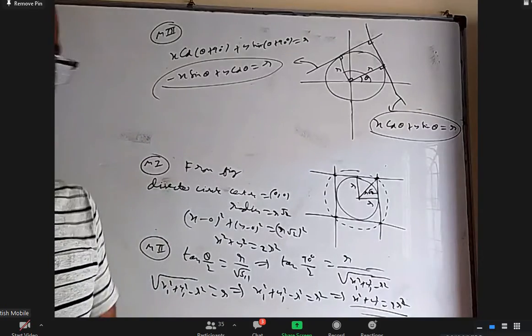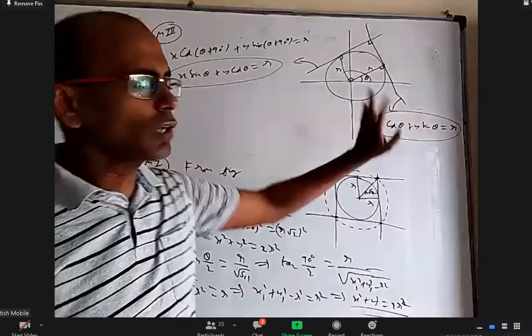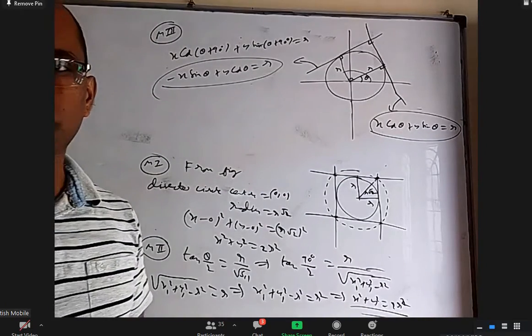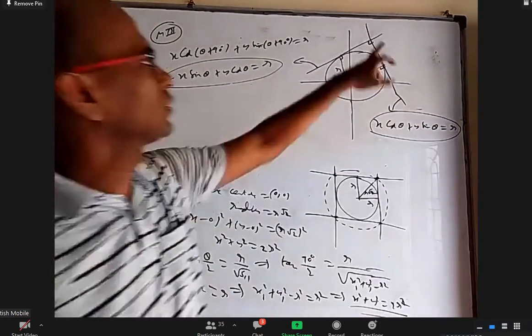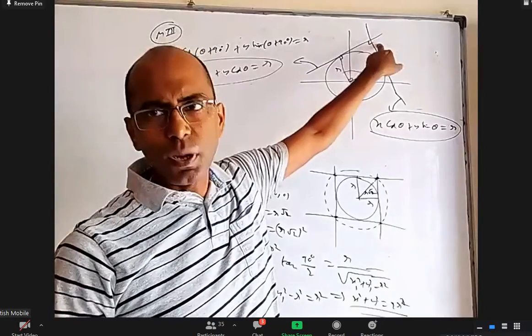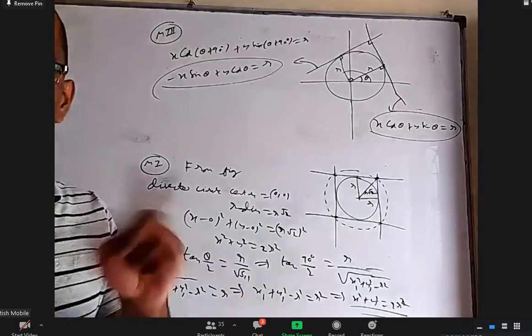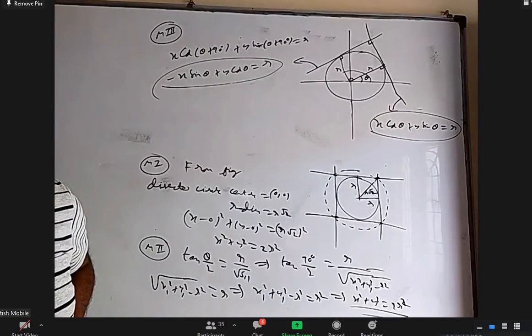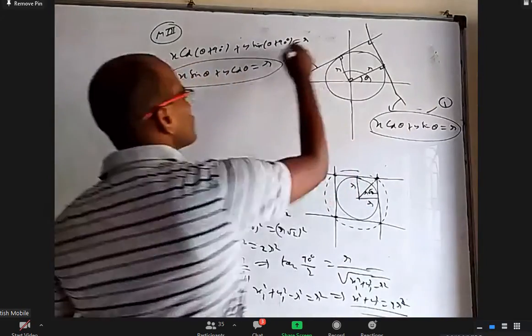Whatever theta you take, this is tangent to the circle, this is also tangent to the circle, and these two are perpendicular. Am I correct? Yes. Now I want the locus of their point of intersection. These two are intersecting here. If I take this point as (x, y), it should satisfy both equations. How to find the relation between x and y without the variable theta? Eliminate theta by squaring and adding. This is equation 1, this is equation 2.